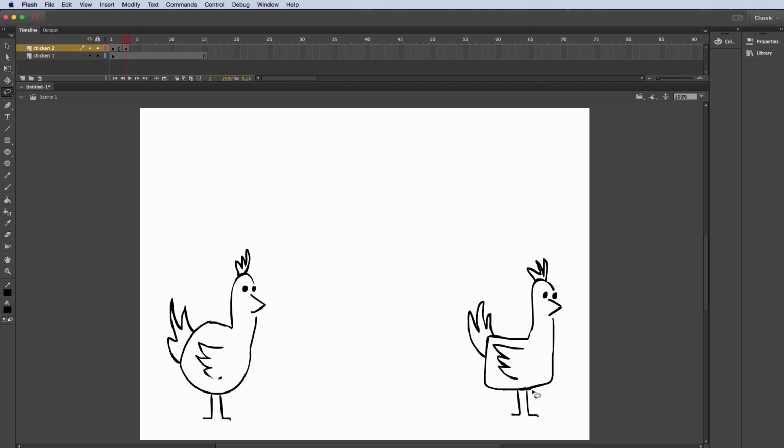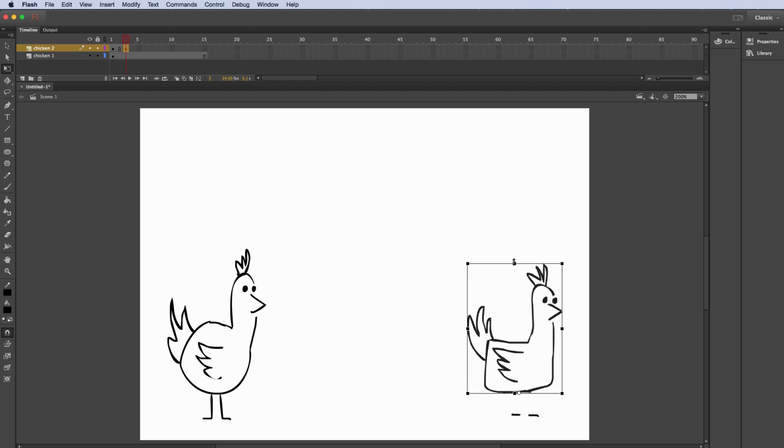So then right here I'm going to actually take the character and I'm going to delete the legs. And then I'm going to actually move him down a little bit. So I'll just use the arrows on the keyboard to move him down. And then I'm actually going to hit Q and I'm going to squash the character down here. Okay, so I'm going to squash down a little bit, stretch out a little bit. Okay. So we're doing a little bit of squash and stretch right here already as we slow out of that